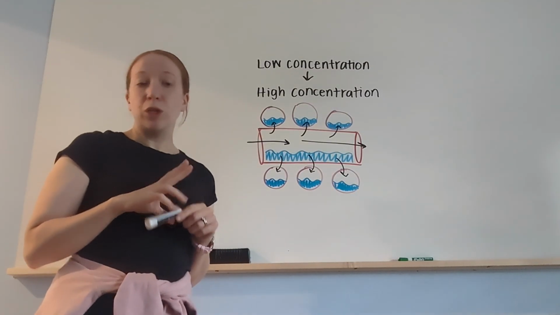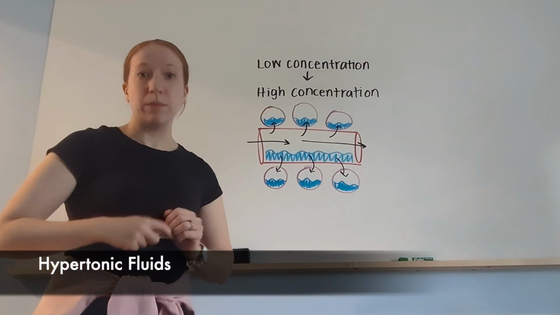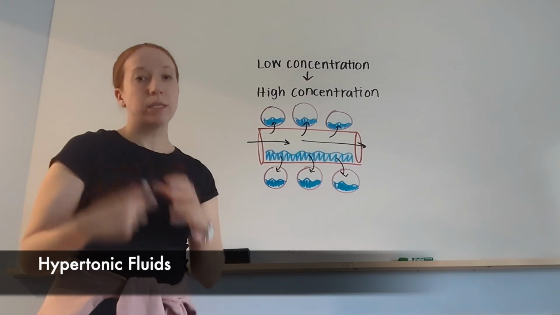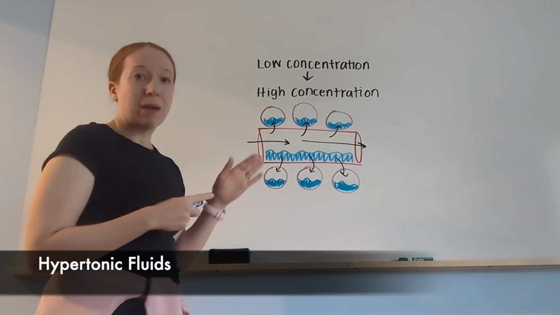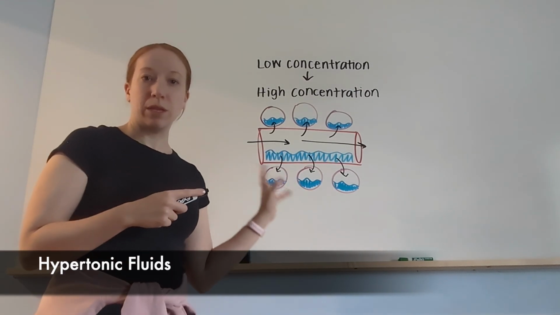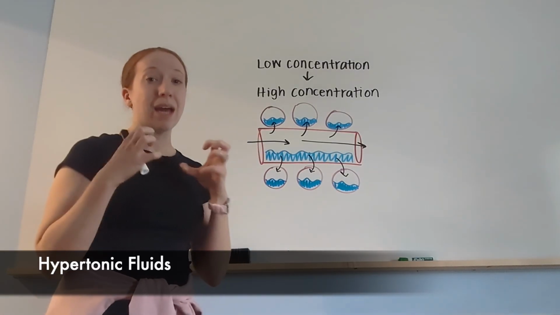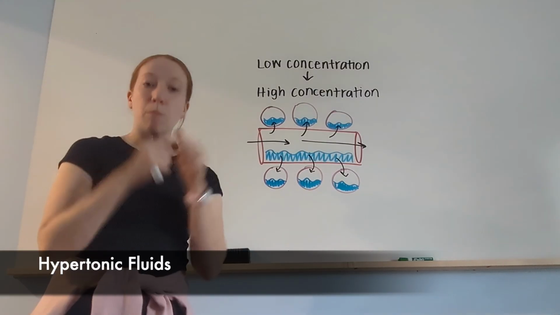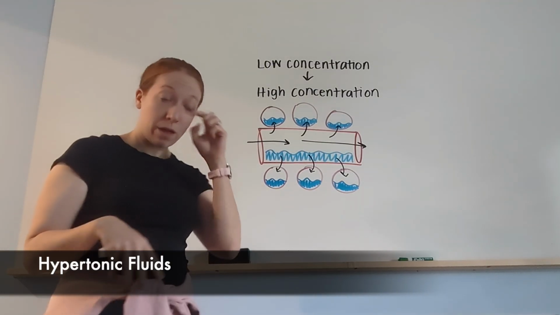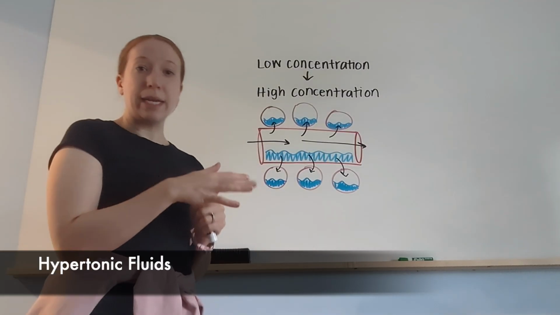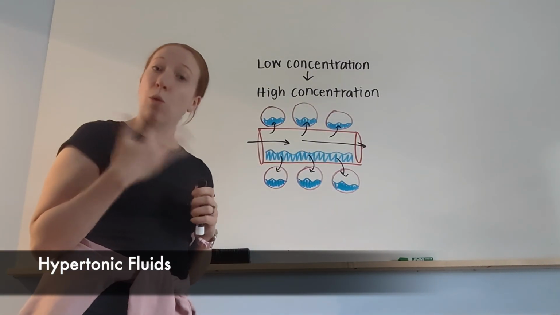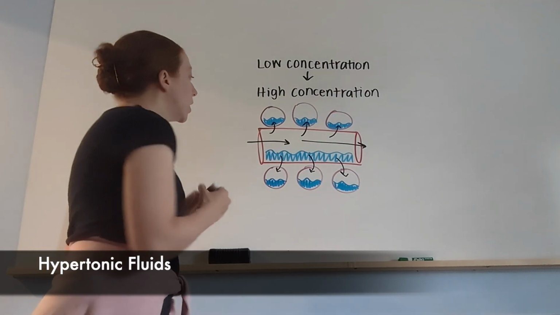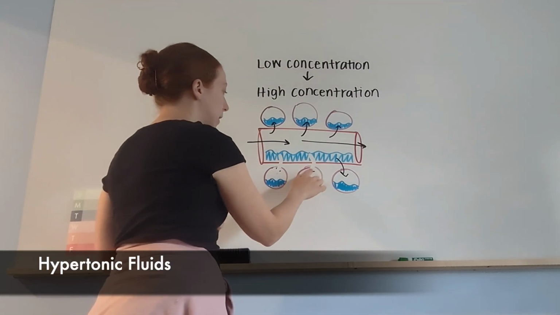Now let's talk about type number 2. IV fluid type number 2 is hypertonic solutions. Okay, hypertonic fluids have more concentration than the fluid that we have already within our body, within our cells and the vessel. Okay, so we're adding a higher concentration of fluid. It contains more electrolytes, more solutes than what we already have. So when it enters into our body, remember that water is always going to move from low concentration to high concentration. So as it comes into our body system,